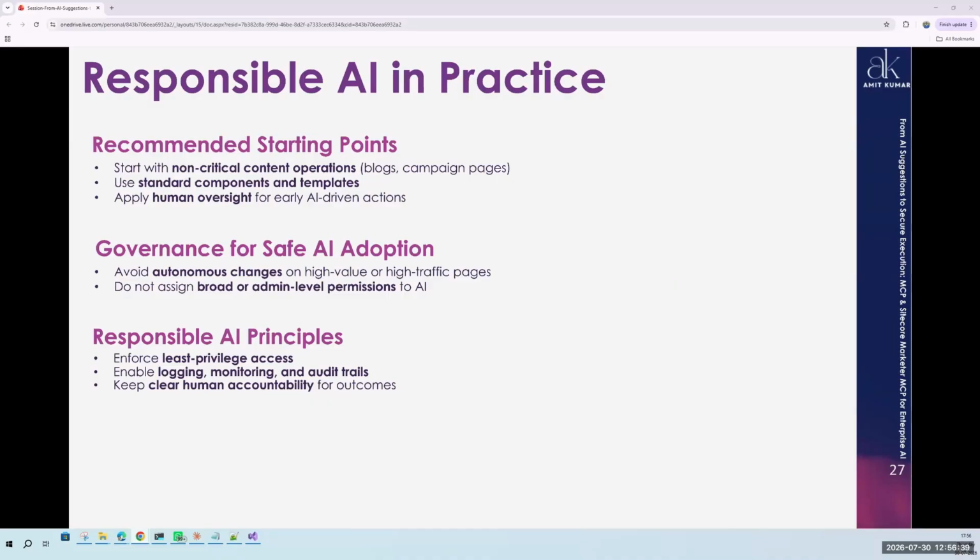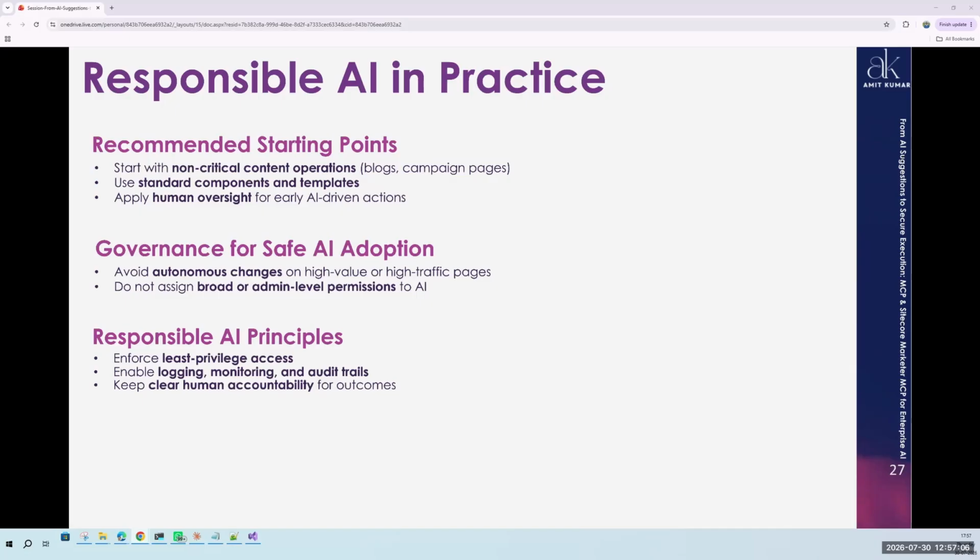So you need to start with small things. Don't attack the major area of your project or content tree. Start small, and when it is mature, then you can roll it out to other processes or other content trees. In simple words, you need to provide least privileged access, enable logging, monitoring, and audit trails, and have clear human accountability.